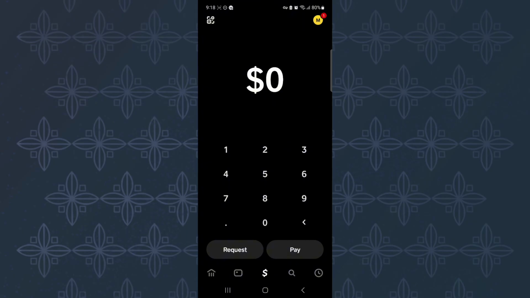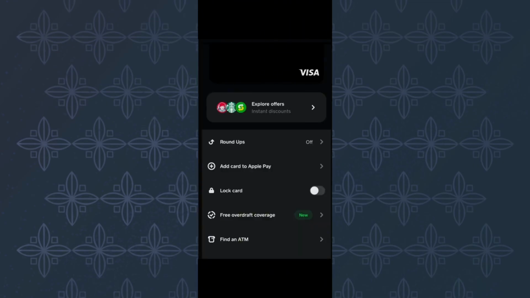You will land on the home page of the app, where you will see options that you can use to navigate to different areas of the app. From there, tap on the card icon at the bottom menu of the screen. This will take you to this page where you will see some sections that are related to different features of